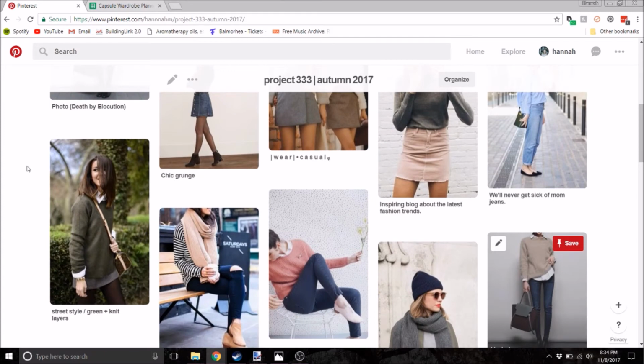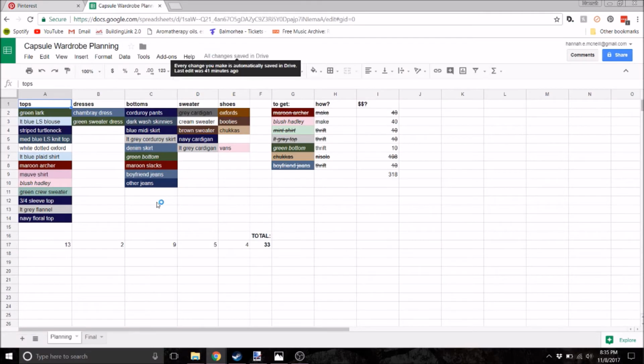But they don't all have to be that way, because you can later on decide if you want to actually go out and buy things for your capsule wardrobe. So this step is sort of the shortest. You just need to get some pictures, get some inspiration ready, and then you can actually go into planning the wardrobe. And so what I did was I created a spreadsheet,